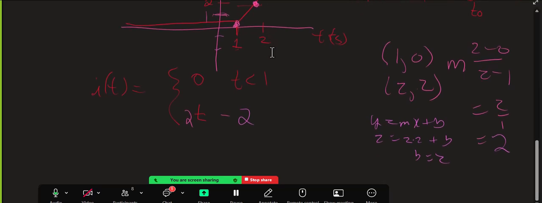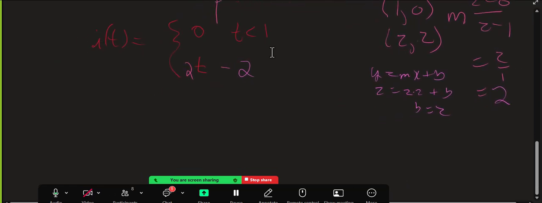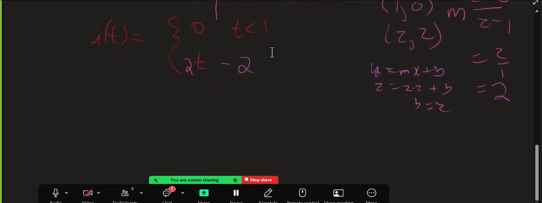Okay, so now I have my function for I. So now I need to get my integral to get what the voltage is. So the integral for 0 is just 0, so that's easy. The integral for this one, from 0 to t, of 2t minus 2,